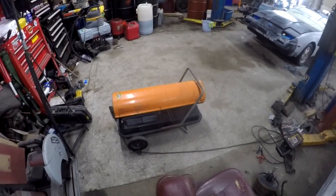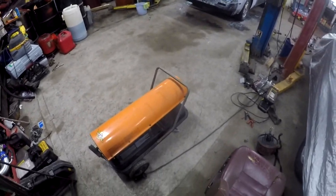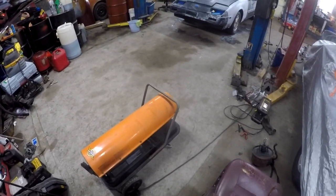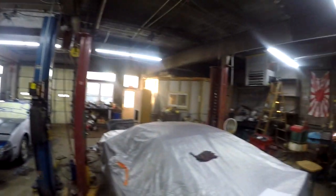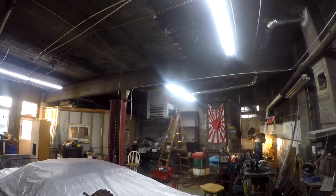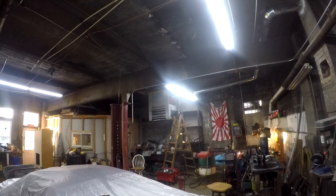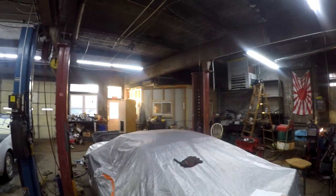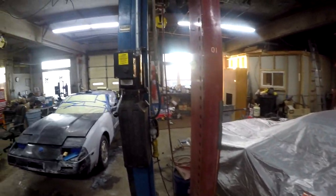Finally got some heat in here. It's not perfect, but it keeps it warm in here right around 55 degrees right now. We're going to go ahead and get this big thing running in the next week or so, I hope. That way we can get a nice even 65 degrees, almost 70 in here, and we can continue doing the